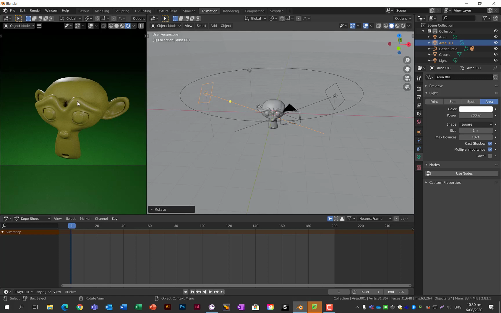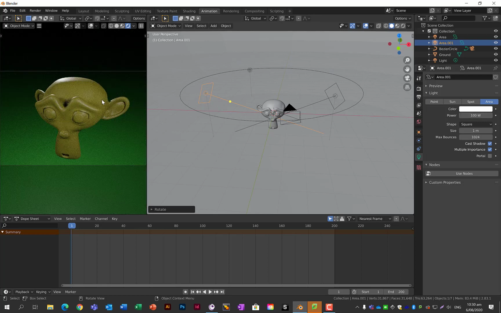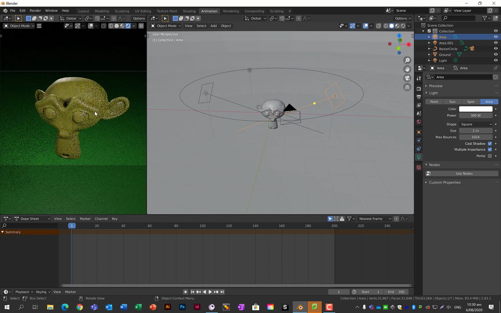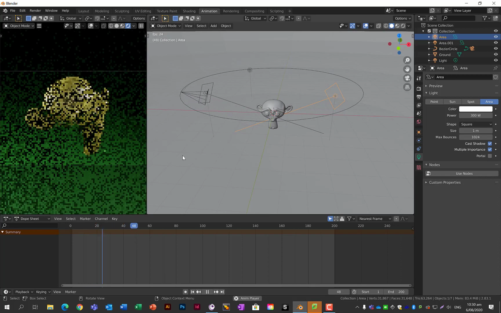Let's have a look at this preview. It's got some good highlights at certain places, but if I turn this down to 100 watts, then you'll see it's a bit darker on one side and a bit brighter on the other side. I might turn this one up here from 200 watts to 300 watts and see how that goes. I get slightly better highlights, and then if I hit the space bar, it's kind of rendering and moving around,